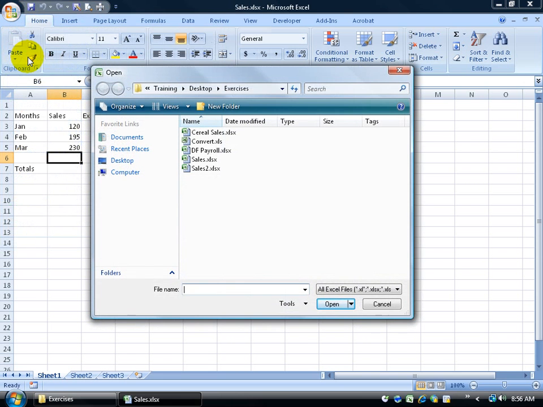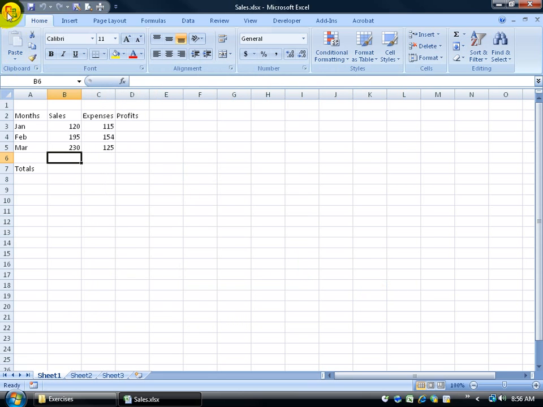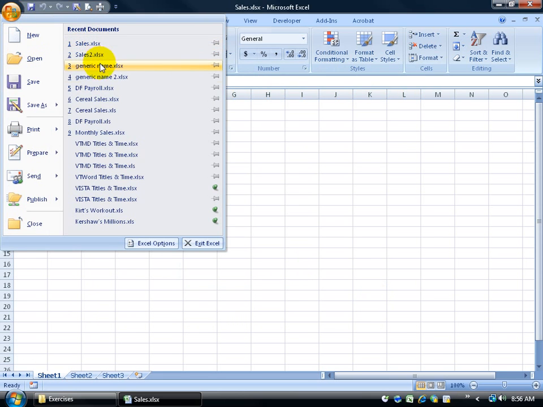File, Open. Let's see, was it in the exercise folder? Was it on my desktop? Was it in the new folder? Forget it. Just click cancel and just click on the Office logo button. And if it's one of the top, it looks like 20 recently used workbooks, just click on it and it